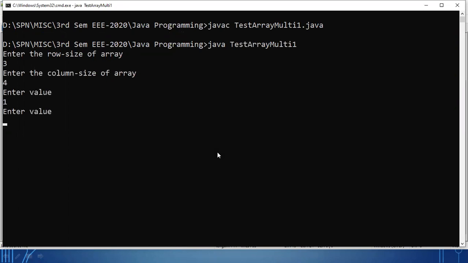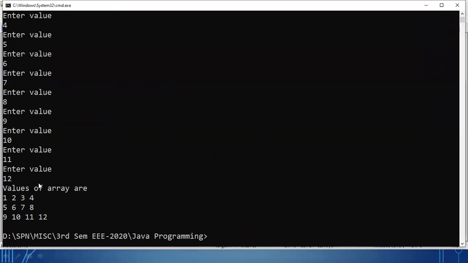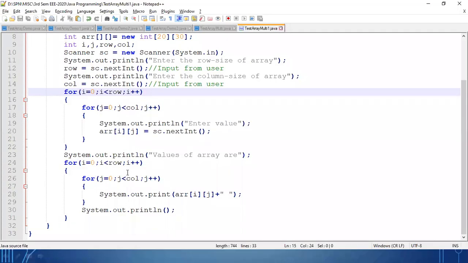Okay, 1 2 3 4 5 6 7 8 9 10 11 12. 12 values I have taken as input, and after that it is displayed as a 3 cross 4 matrix. Clear? Okay, so let's modify it a bit and do some experiments so that you can learn some different concepts.